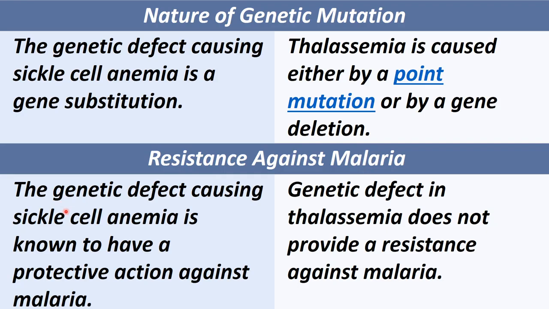When the gene for sickle cell anemia is present in heterozygous condition, it provides resistance against malaria, but no such resistance is found in thalassemia. So you can see the genetic defect causing sickle cell anemia is known to have a protective action against malaria. Okay, due to change in RBC